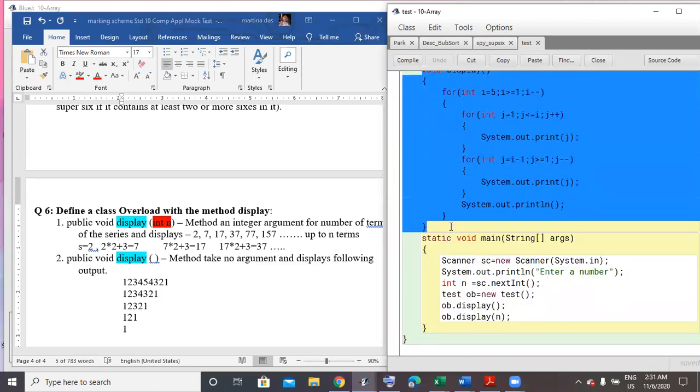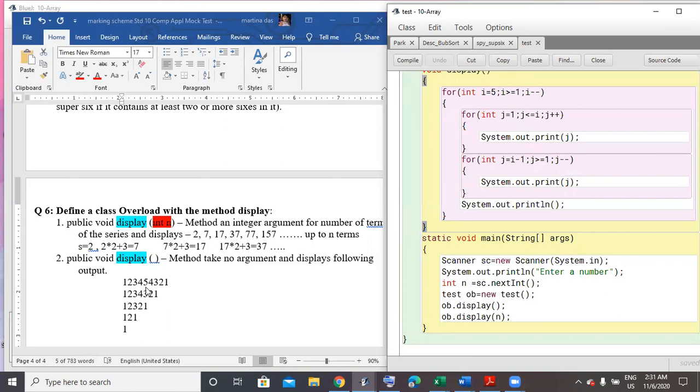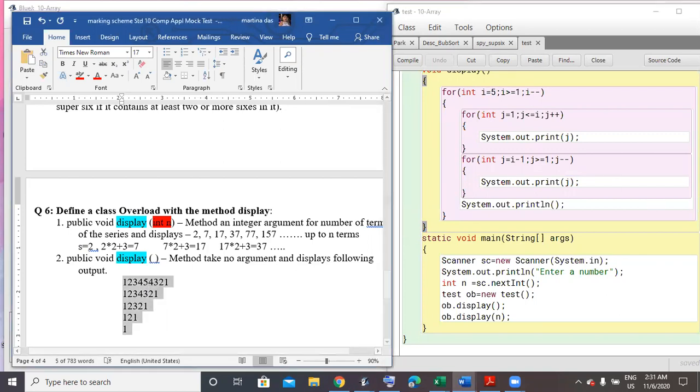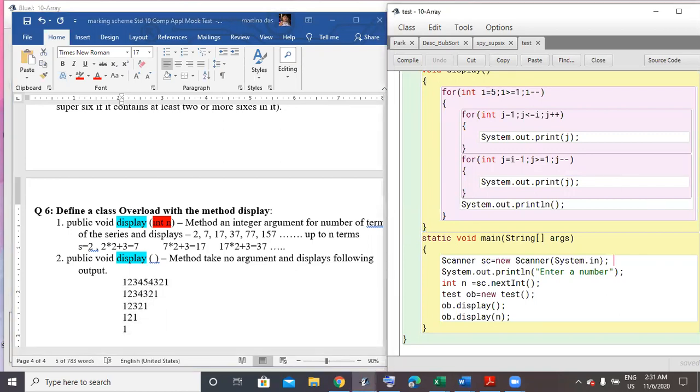Now for the formatting, I take the row value to be from 5, you can see the row values are 5, 4, 3, 2, 1. That is why i starts with 5 and it goes on in a decreasing way, stepping one value, till 1. Within that, this is one part and this is another part.